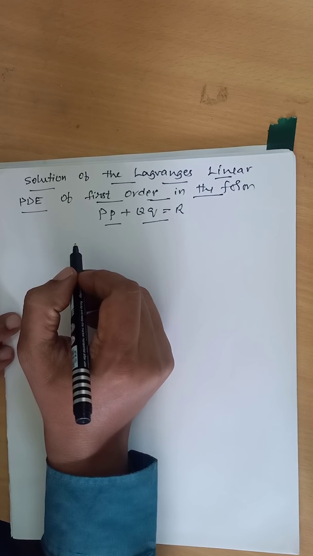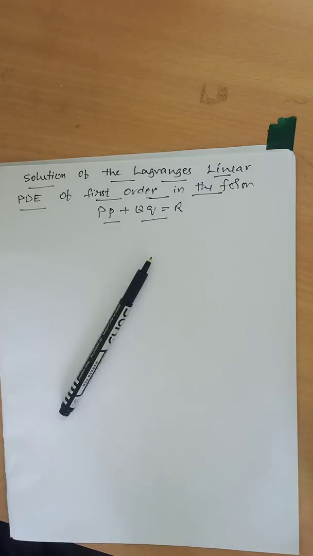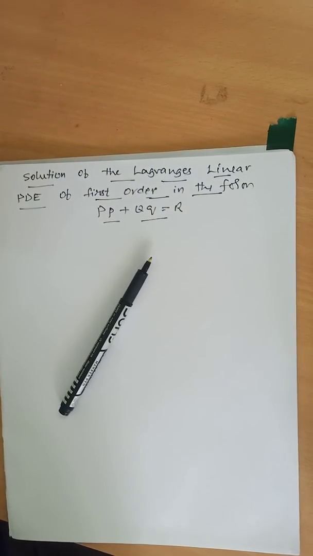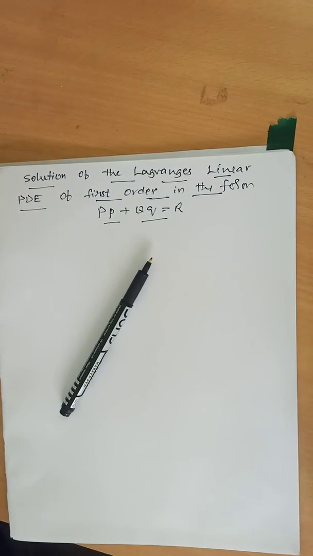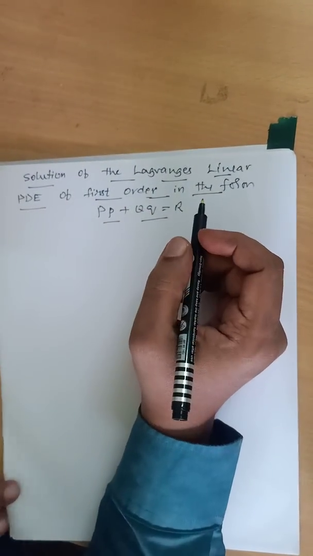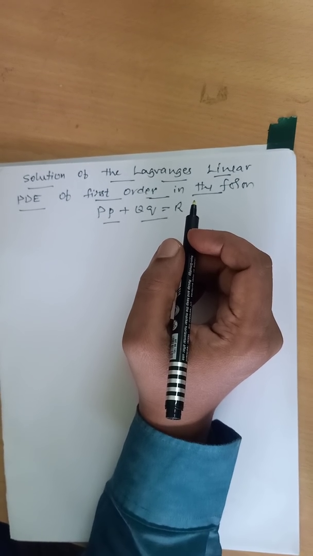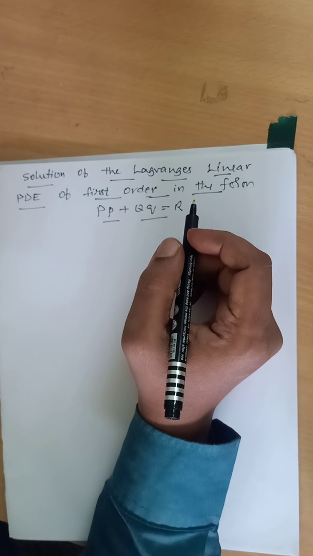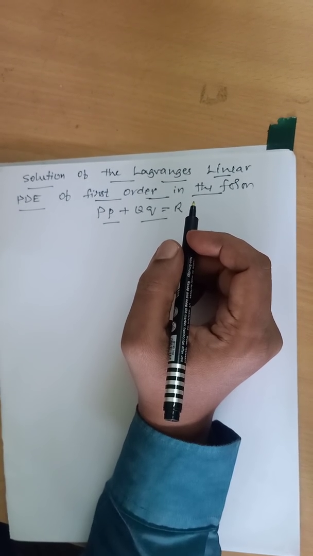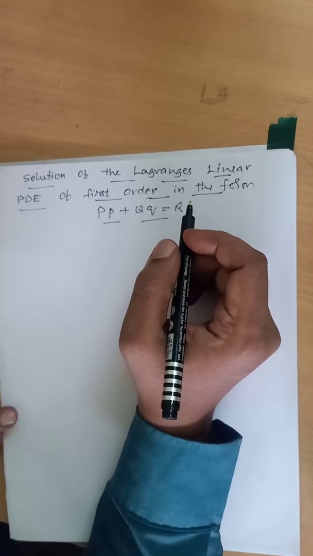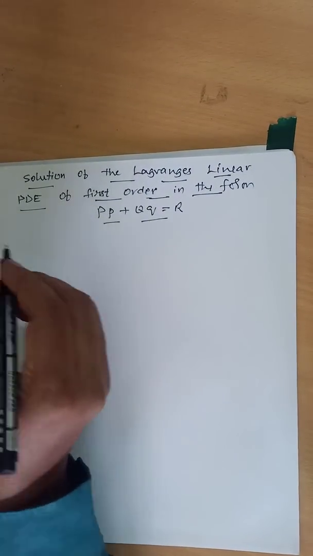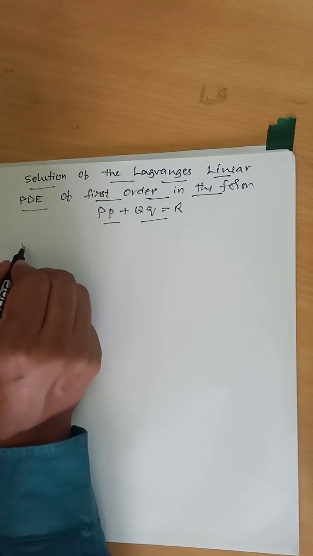You will get one set of solution in the form of u of x, y, z equal to 0, and select second and third term. Second and third term, we get another solution on integration. We get another solution in the form of v of x comma y comma z equal to 0. After we got the two sets of solution, you construct the solution in the form of phi of u comma v equal to 0. I repeat, working procedure for problems.